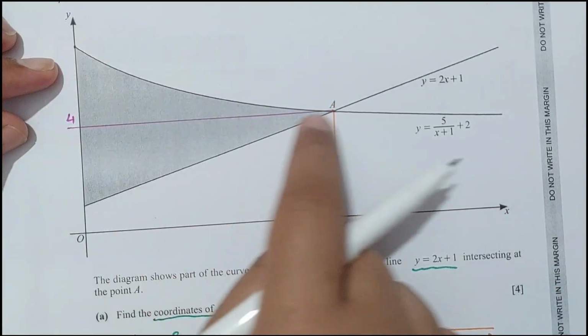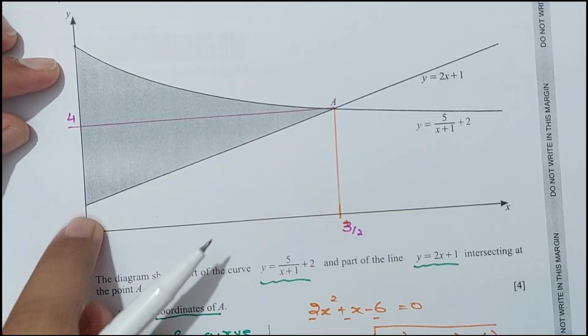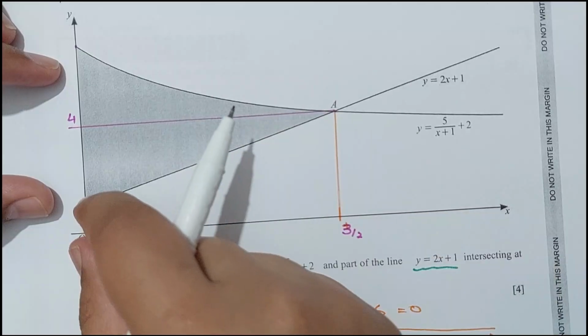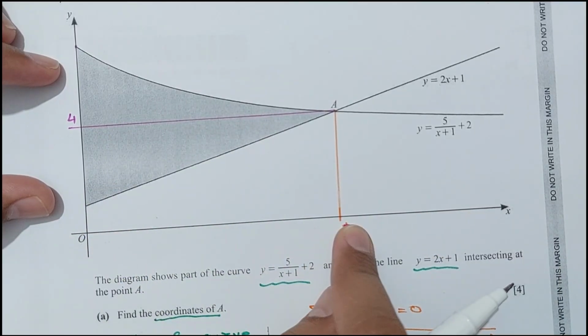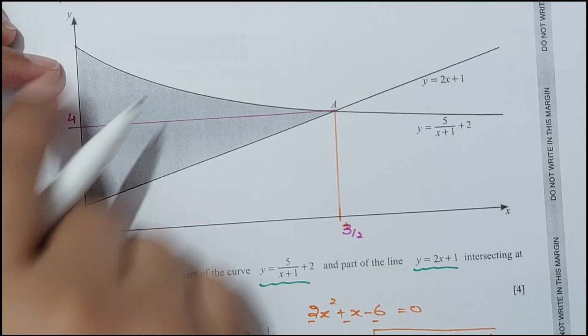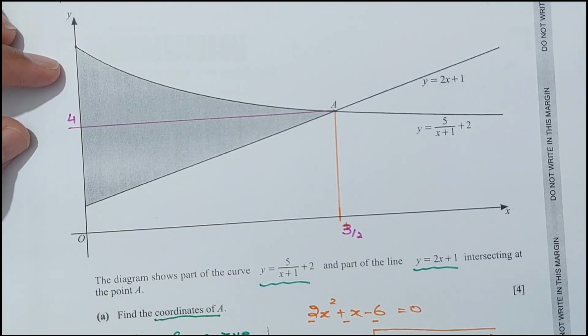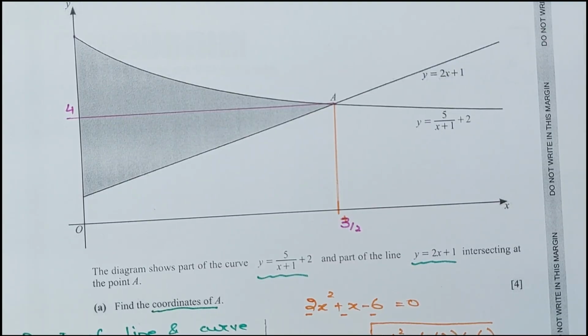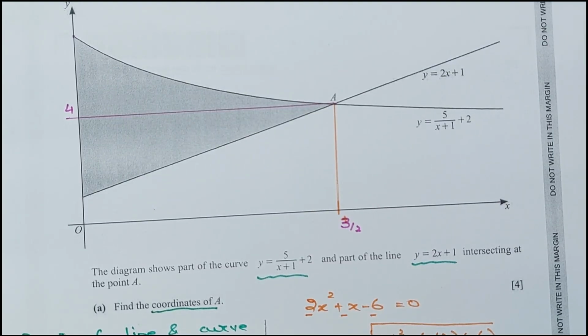So the area under the curve, subtract the area of this shape. This shape is a trapezium. You can see it has two parallel sides and it has a height as well. So it is a trapezium. We have to subtract the area of a trapezium from the area under the curve, and we will get the shaded area. So for the trapezium, we need the two parallel sides. Area of a trapezium is half the sum of parallel sides multiplied by the height.